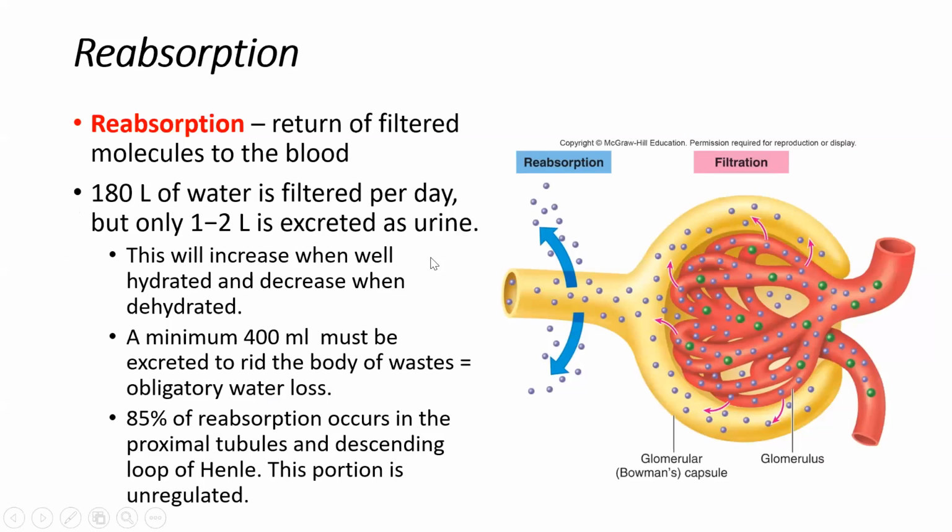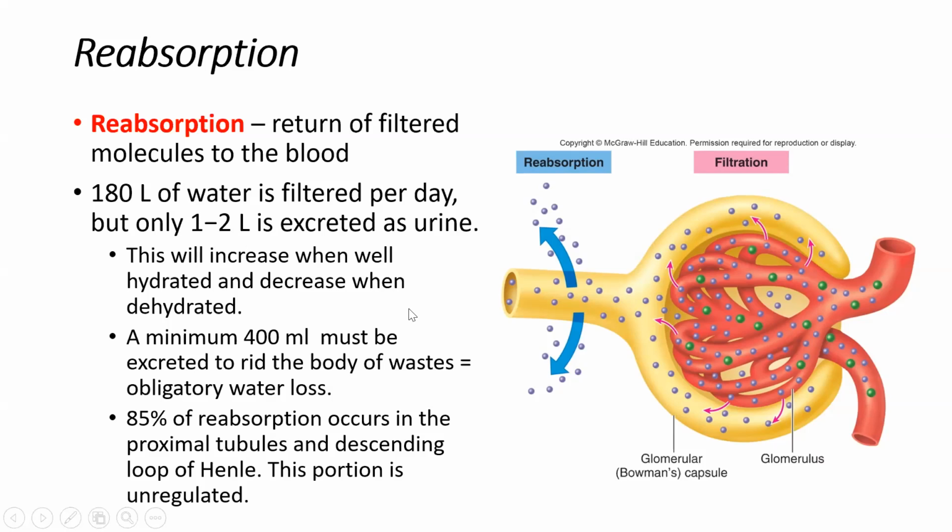So if you're someone who drinks lots of fluid, you're well hydrated, you drink lots of water per day, the recommended allowance, I think, is something like 2 times your body weight in ounces should be brought in terms of the diet every day. And if you're doing that, then you're going to be well hydrated. And obviously, you're going to lose a little bit more than this 1.2 liters in the urine. On the other end of that spectrum, let's say you're completely dehydrated, you don't drink enough water, you're going to lose much less than this 1.2 liters. Obviously, you're going to lose closer to 1 or maybe less than 1 liter per day.